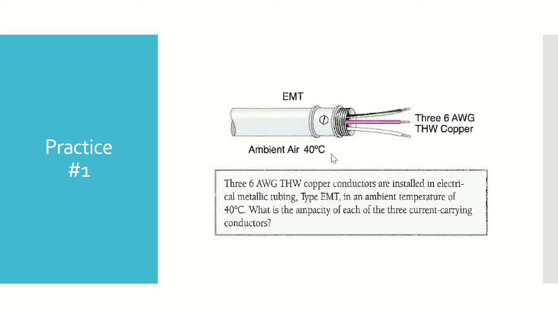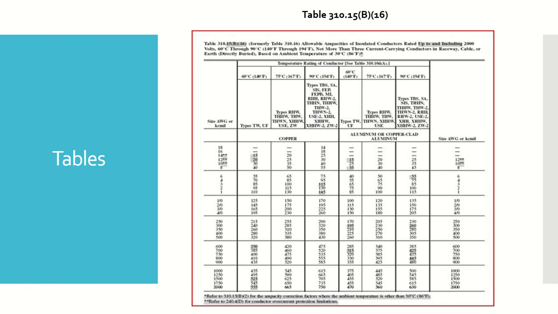40 degrees C. Our table 310.15(B)(16) is not more than 3 current carrying conductors based on an ambient temperature of 30 degrees C. So right off the bat, I can see I'm going to have to do a temperature correction for this problem. So what is the ampacity? So the first thing I have to do is take a look at my chart 310.15, and we were looking